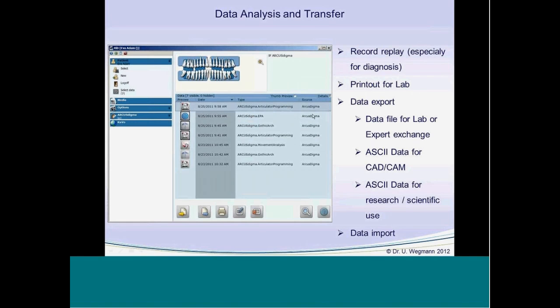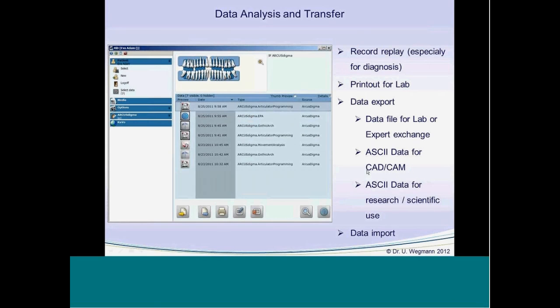And of course, I can send this data file to an expert to discuss this case with him to get some hints what to do in this case. Next step is that we can export this data as an ASCII file for the CAD/CAM machine to individualize the CAD/CAM design with functional movements.